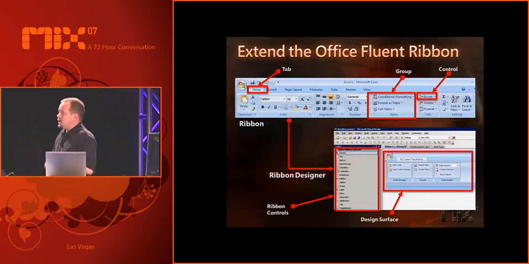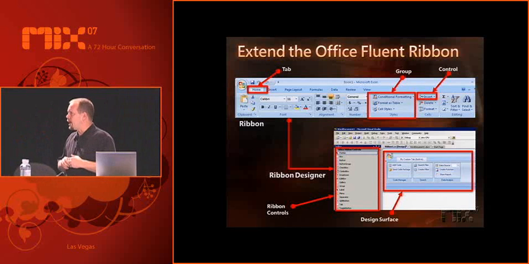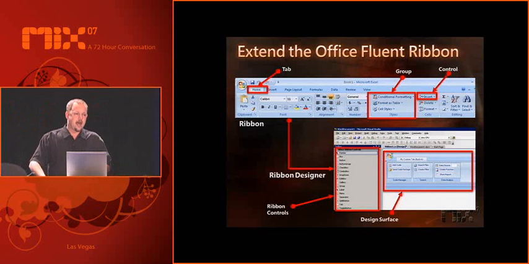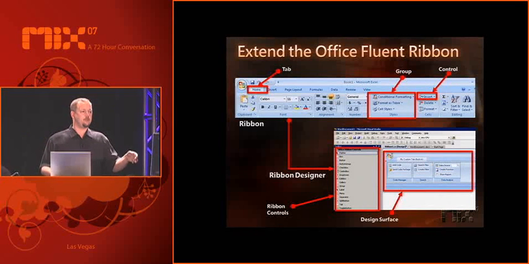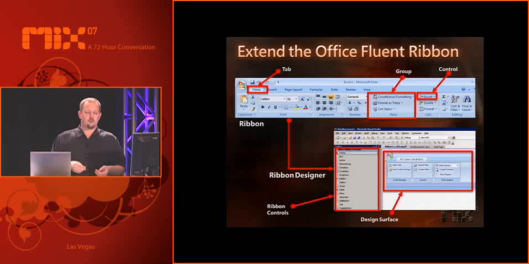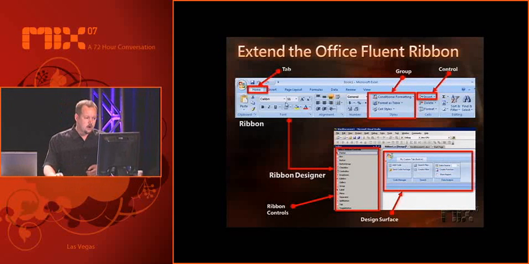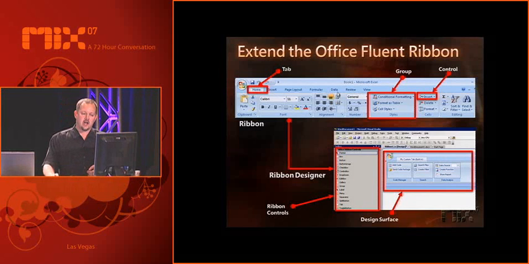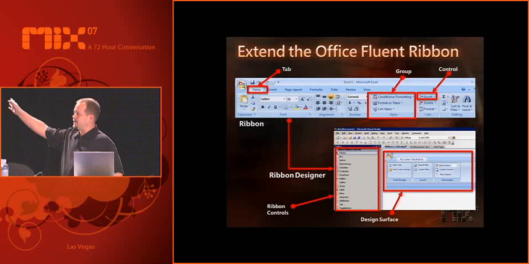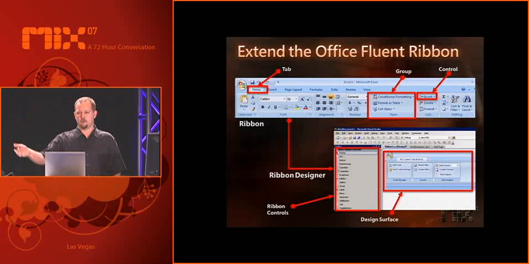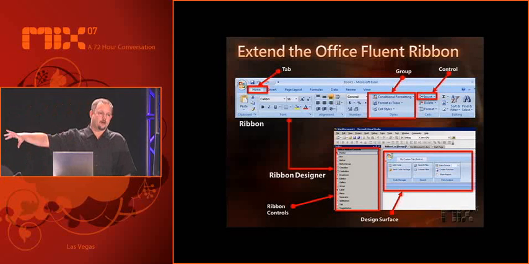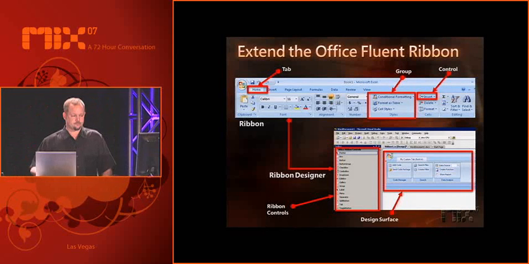So here's the ribbon, and these are all about customizing the ribbon. These are the different categories that we look at. We have individual tabs within the ribbon, we have control groups within the ribbon, and then we have individual controls within those groups. In this example, you can't really see it, but these are all of our stock tabs that we have. If you wanted to, you can develop a ribbon that will insert yourself in any one of these stock tabs, or you can go ahead and create your own. So you can create your own experience. You can create your own branding around it, put your own stuff in your ribbon, whatever else you want it to do.